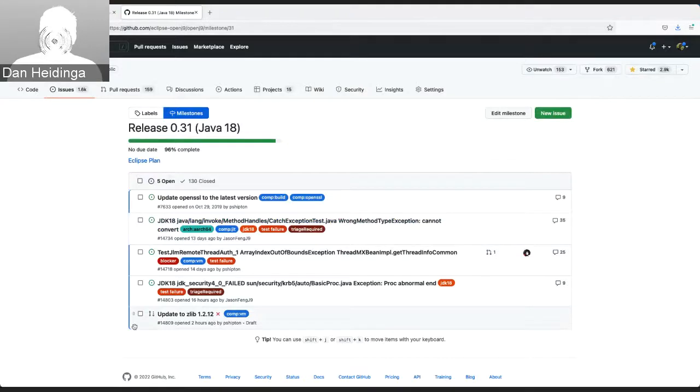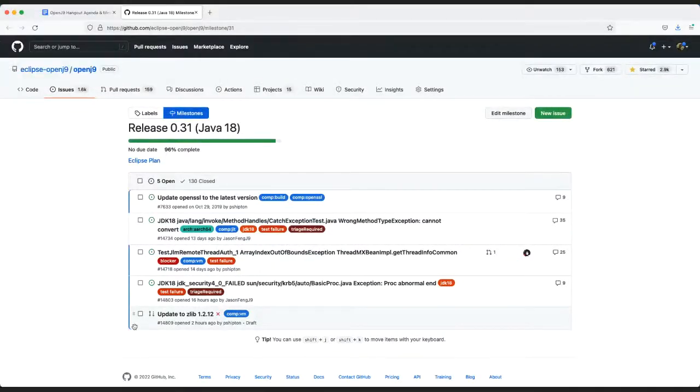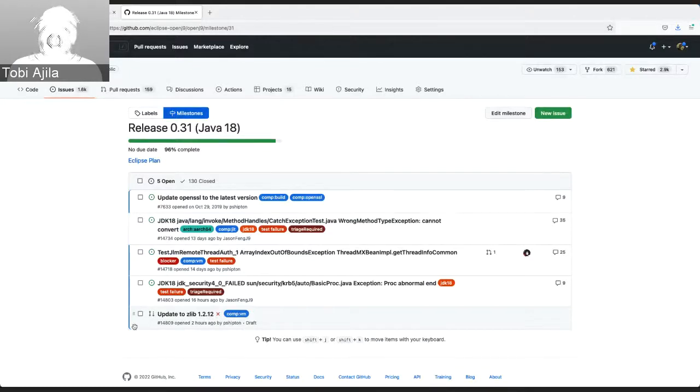All right, and then we have the zlib issue. So that one is proposed by Peter Shipton. I'm not quite sure what the intention is, so I'll have to have a discussion with him for that. But it seems like it's a simple update to zlib, so I imagine that wouldn't be a blocker for us. It's likely something we can complete within the time frame. I believe a vulnerability was found in zlib. It has been disclosed publicly. That may be where that's coming from. Okay.